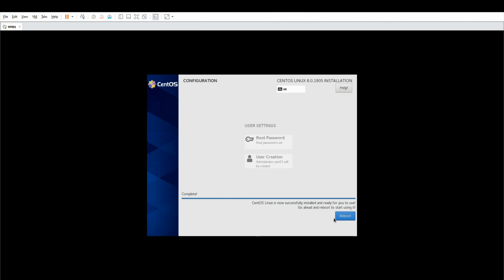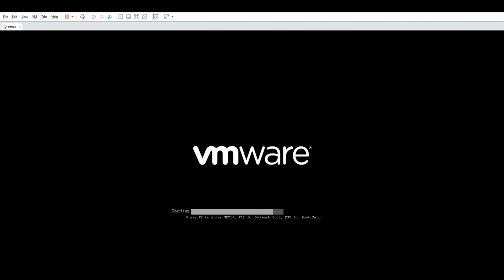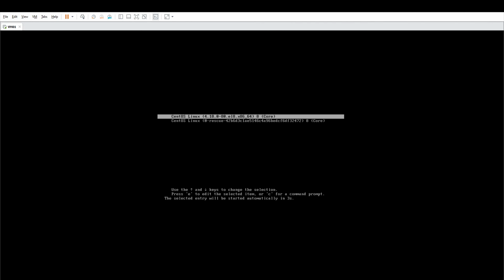As you can see now it is completed, so we can reboot it now. And that's it. Finish. We are done. The installation is completed. See, you can see here. Now it will load the CentOS 8 operating system.